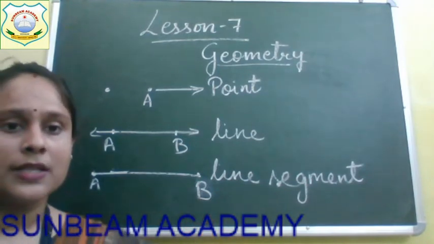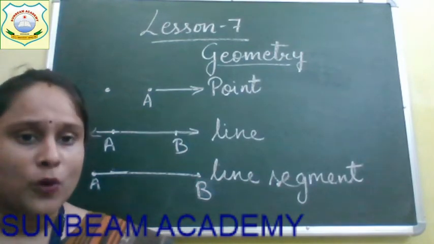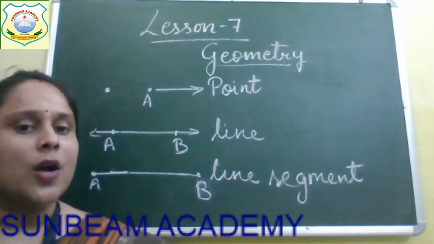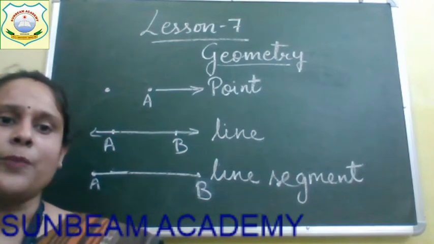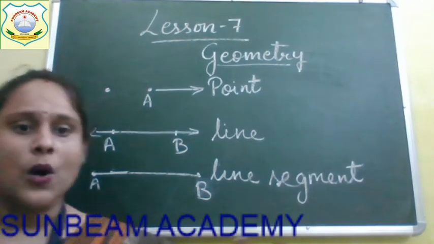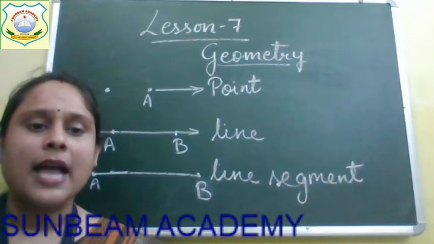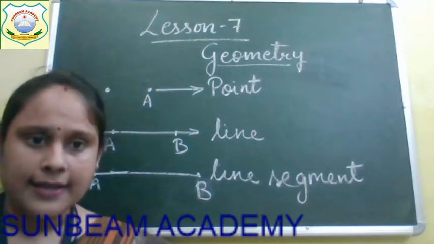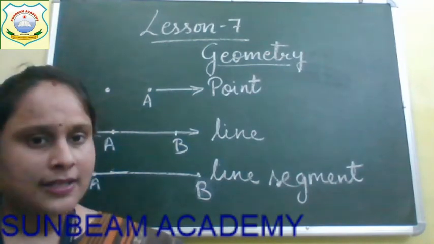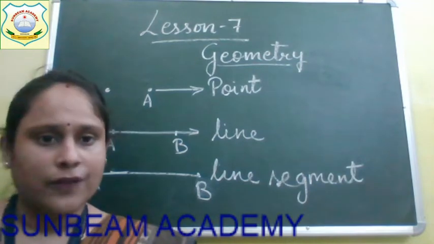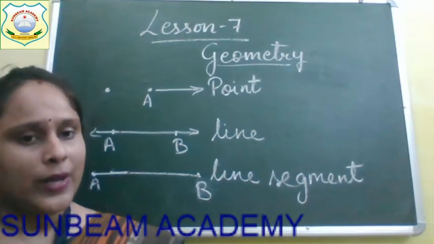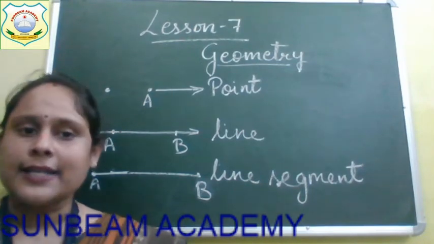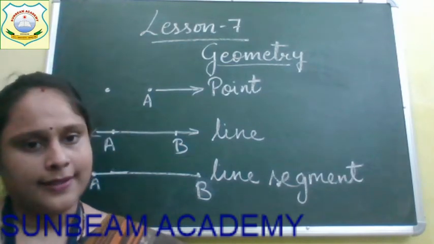Okay, so suppose it is given that we have to draw a line segment of 4 centimeter, we cannot stretch it to 5 centimeter, we cannot stretch it to 4.5 centimeter or 3.5 centimeter either. ना हम छोटी बनाएंगे और ना ही उसको हम बड़ा करेंगे. We will make exactly 4 centimeter. So this is what a line segment is. In a line segment, the length is fixed and we cannot extend it in any direction. It has to be drawn within the two end points. Okay, a line segment has two end points and it cannot be extended on either side.